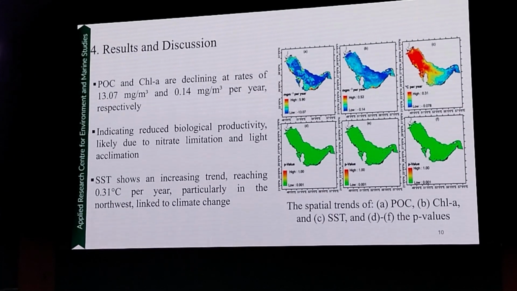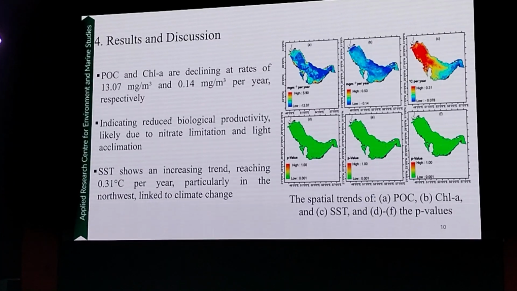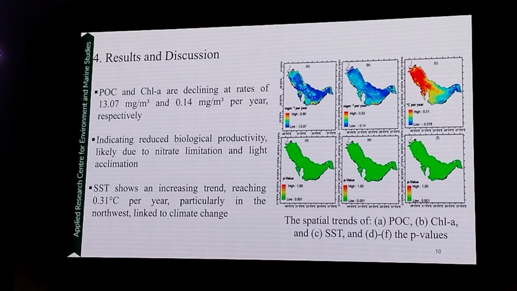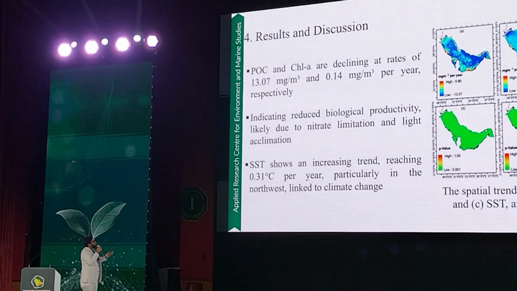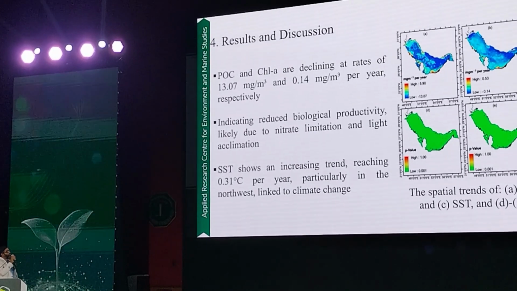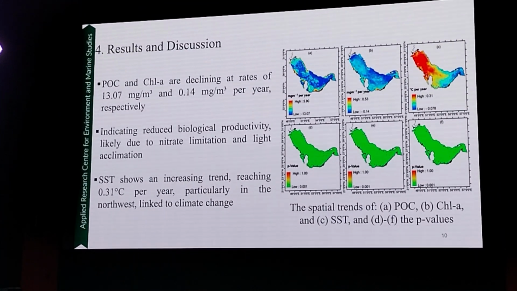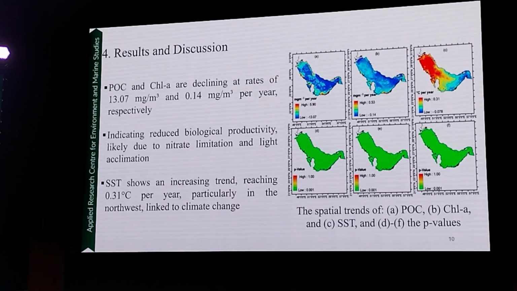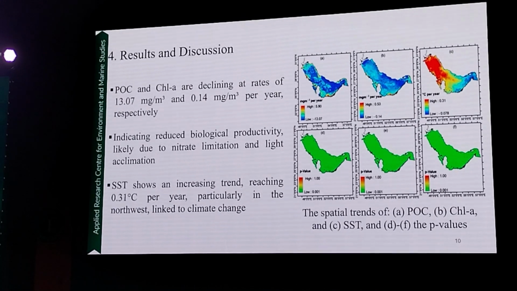so here we wish to check the spatial trends of particulate organic carbon, as particulate organic carbon is the main parameter of our study. Here we see that there is an increasing trend, mostly during its amount from 5.90 milligram per meter square per year. Actually, here we use around 20 years of data, and then we get this analysis. It's really statistically significant. You can see the p-value for each application is just around 0.